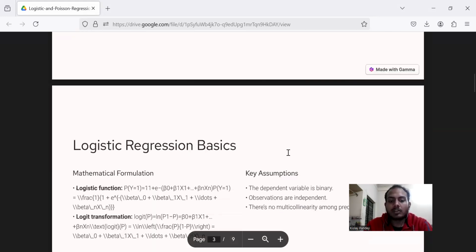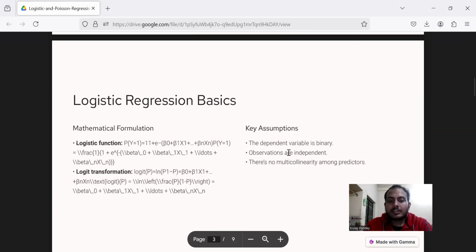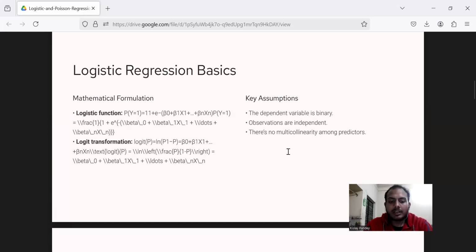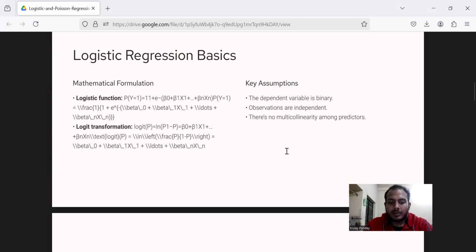First up is logistic regression. It predicts binary outcomes such as 0 or 1. The logistic function is at the core of this model, calculating the probability of an event occurring. The key formula is P(y=1) = 1 / (1 + e^-(β0 + β1x1 + ... + βnxn)), where β0 is the intercept, and β1, β2, up to βn are coefficients